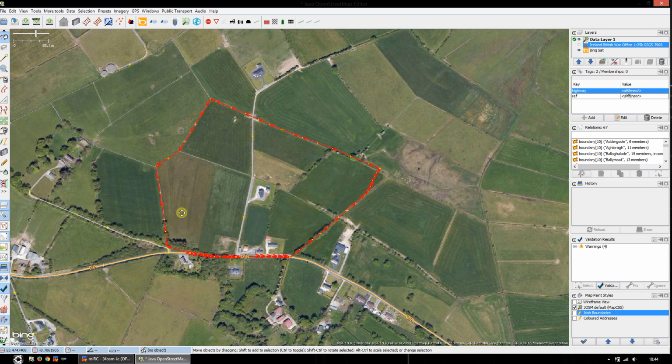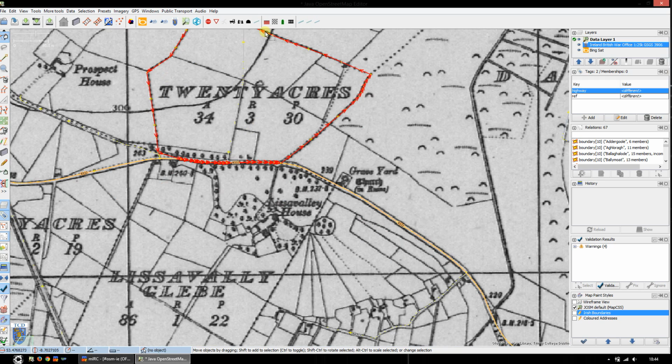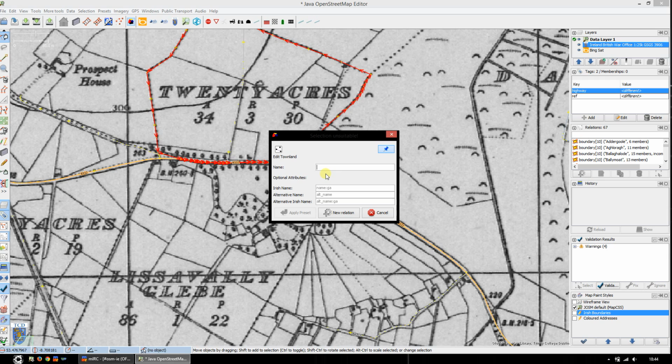Okay. The next thing I'm going to do is, as I mentioned before, where we put the Townland preset up on the toolbar, I'm just going to click on that. I'm going to type in the name of my Townland. Actually, this looks like it's all one word, I think. 20 acres. And again, if you know the Irish name or an alternative name for any of these, by all means fill it in there. Then you just click on New Relation,